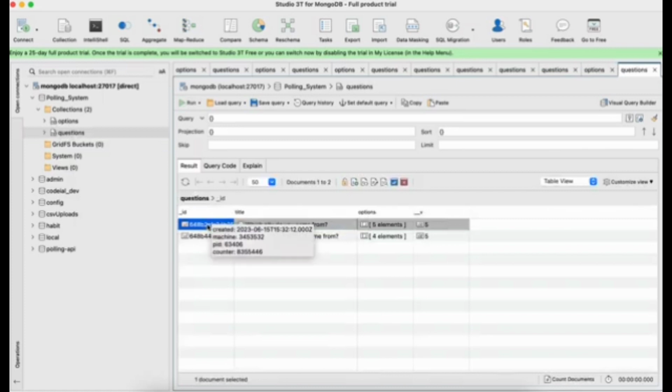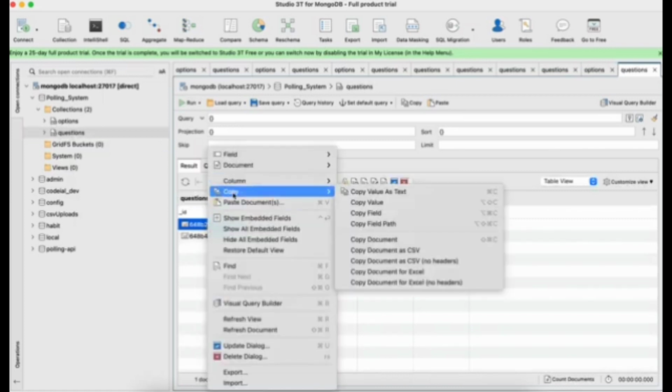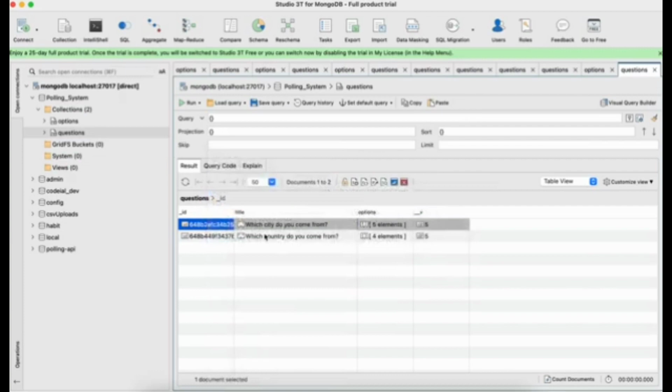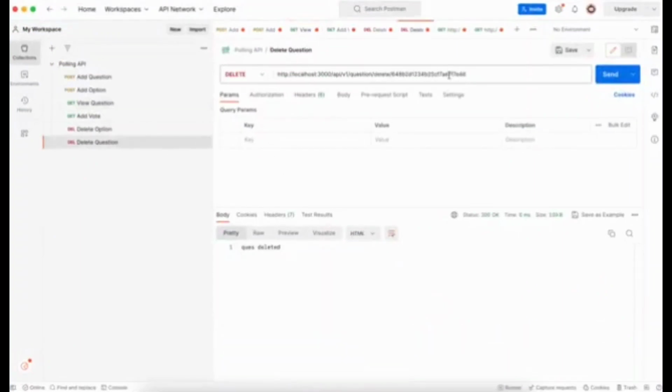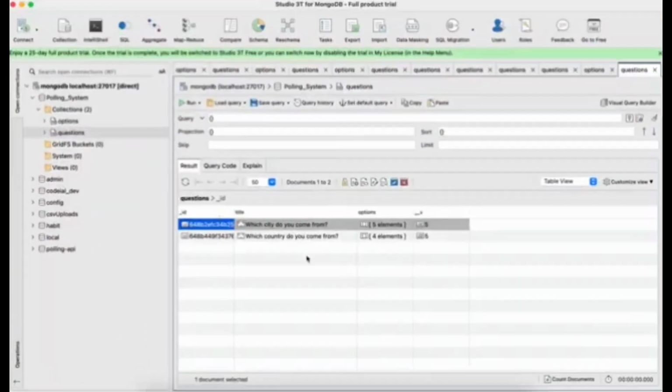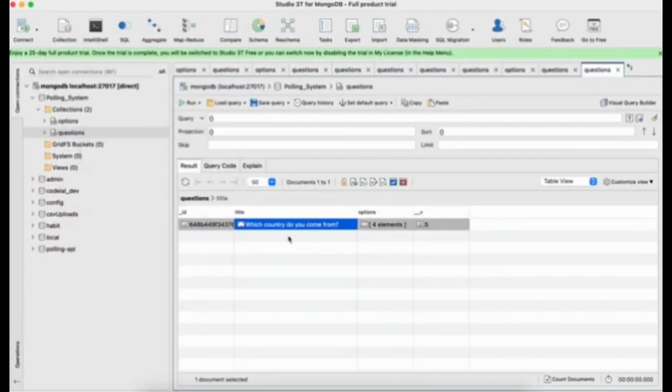We want to delete this question. For example, if we want to delete this question, which city do you come from, we can simply copy this question ID and go to the delete question and paste that ID over here. Now if we send it, it says question deleted. Now if we go back to Studio 3T and refresh this, as you can see, the which city do you come from question is deleted, and the only option which shows